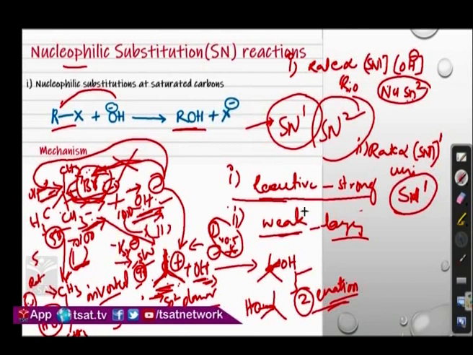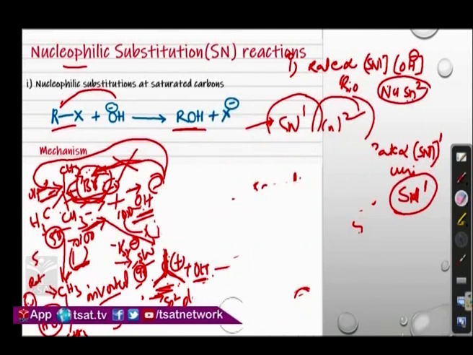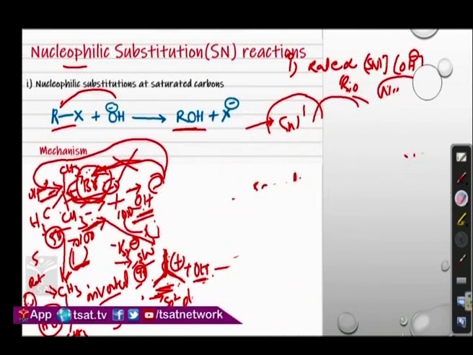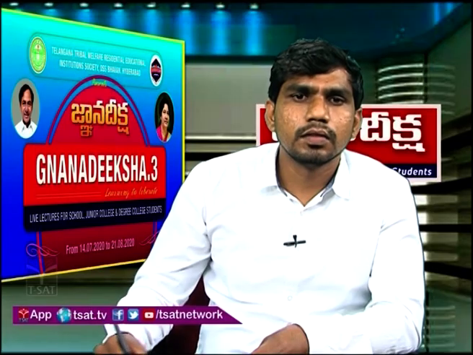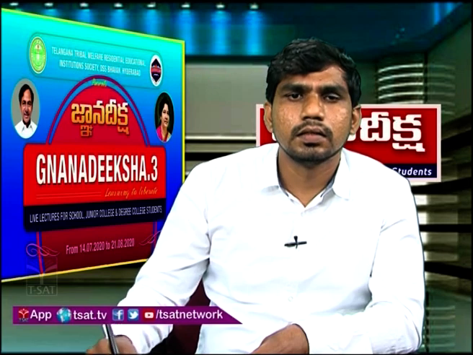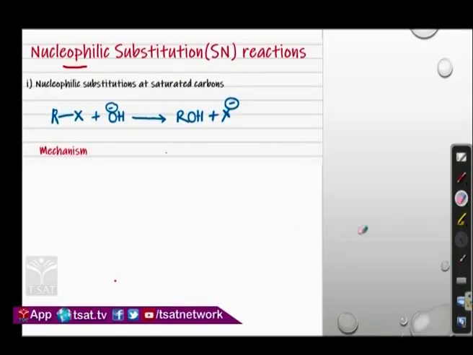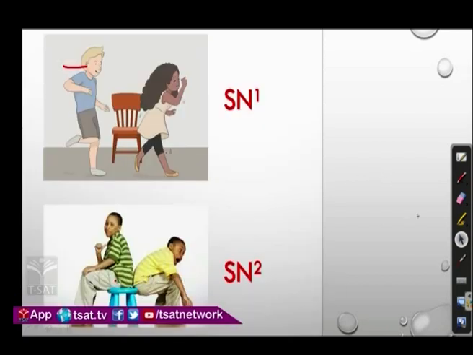Now we will go back to the musical chair game, and if you observe the reaction pattern, you will match the conditions to the real-life example. Let's say SN1 and SN2. Now this is the bromide ion which left, and this is the OH minus which is going to attack in the SN1 pattern.